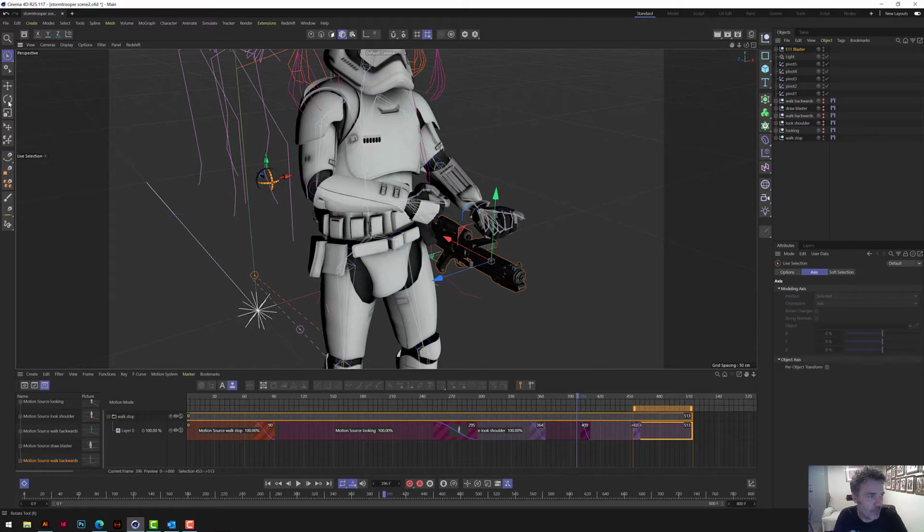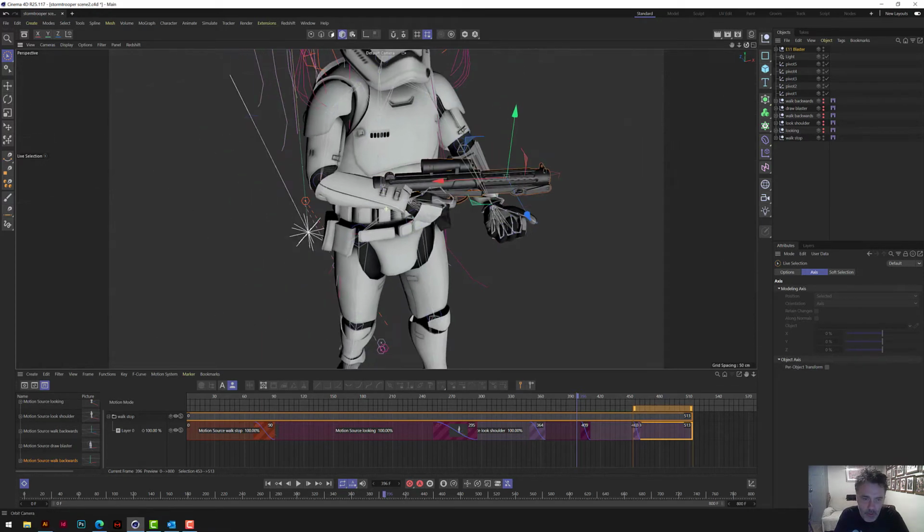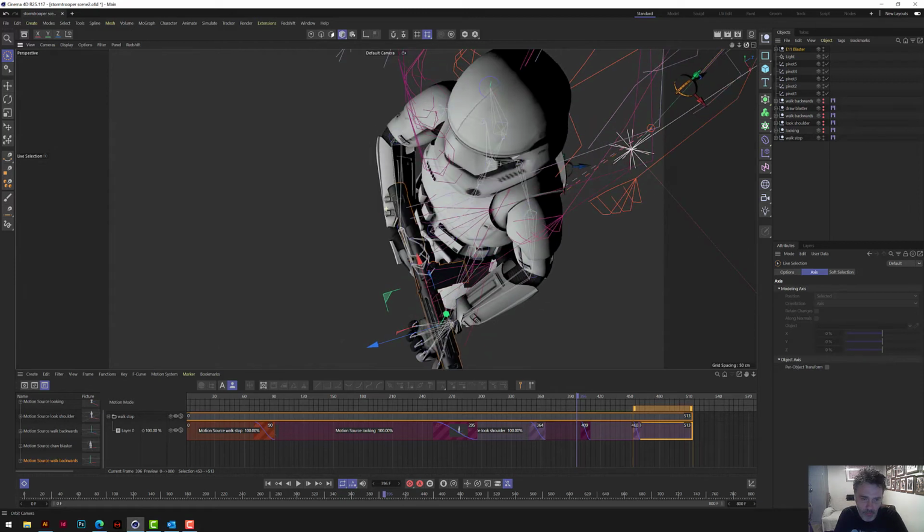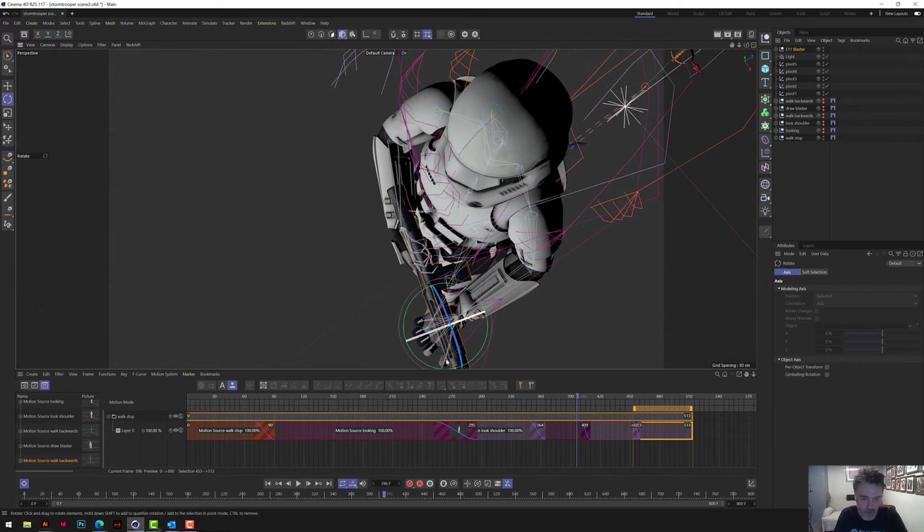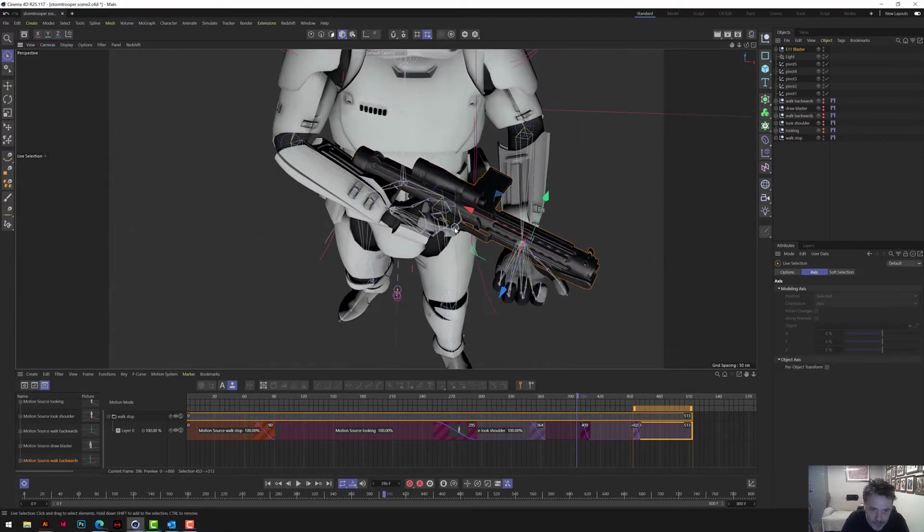So I think the most important part is to make sure that we get this orientation right for it to sit in the hands, so he's holding the right part of the gun. And this does take a little bit of messing around because we have to just keep rotating and readjusting and looking at different views